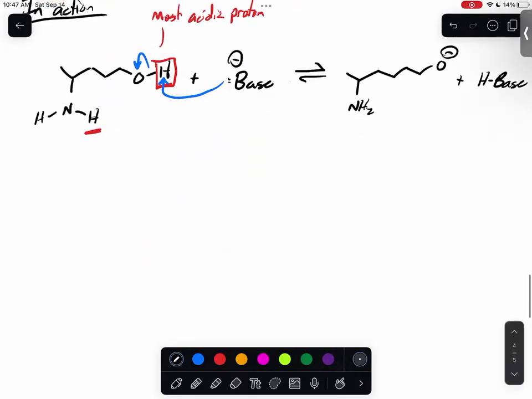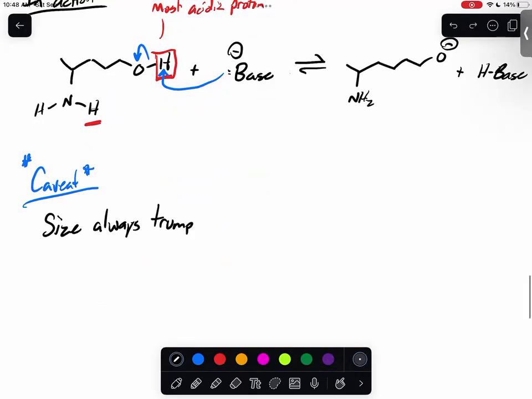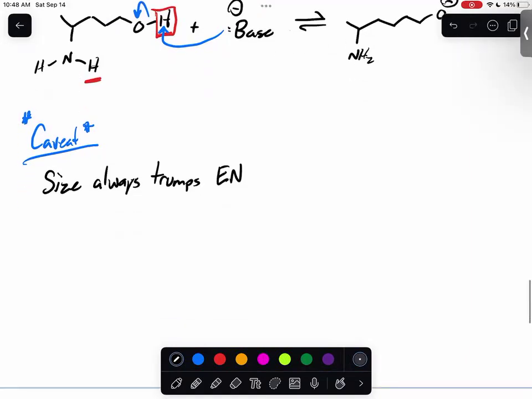But I do want to point out a caveat, because this is very important. Size always trumps electronegativity. Oh, whoops, this is Trump. Electronegativity. All right. And the way that we can visualize this is we can take something that's very electronegative, but smaller, and something that is more so larger and less electronegative. So if we were to take, for example, something like H2O,